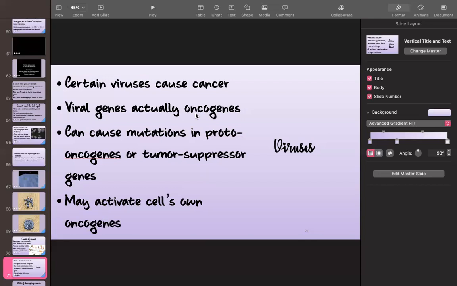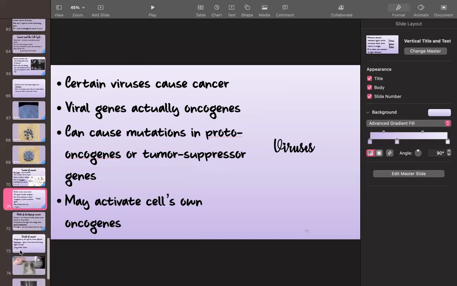It is highly contagious. Public officials estimate that 80% of the entire population that is sexually active has been exposed to this virus. And for women in particular, the virus mutates the cells on your cervix, which is the opening to your uterus, and it causes uterine cancer. So that's also a problem and a big reason to use condoms when you decide to have sex if you're not having sex already. So viruses themselves, the genes inside the virus can be actual oncogenes, or it can cause mutations in your proto-oncogenes or tumor suppressor genes. And so in that way, the viruses can cause cancer.